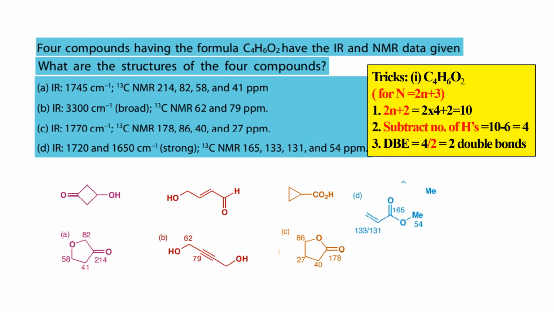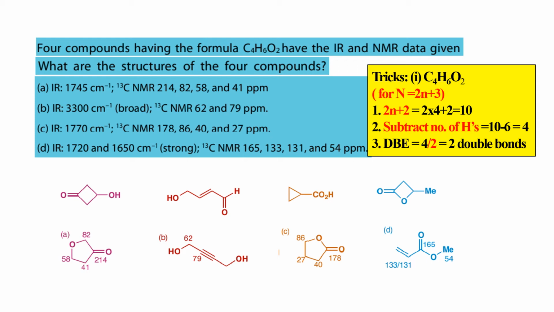Then what may be the compound? There will not be a ring closure at all. Instead, we have an alkene group. As I said, an alkene group is there, so we need to mention alkene. The ring opening is formed, so that we will get the correct answer. Okay, so C double bond O 165. So OMe group is there, so O is attached to the Me group. And if this is the case, it looks to be less than 50 only. It won't be a 54. But here, if oxygen is attached to a methyl group, then it will be a 54. And here, 2 alkene groups come around 133 and 131.